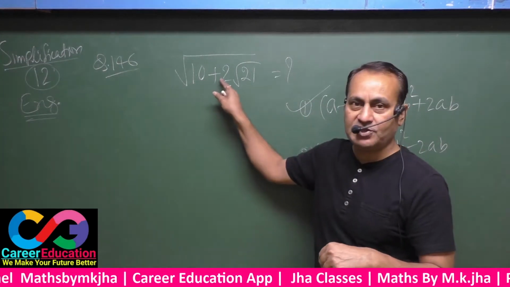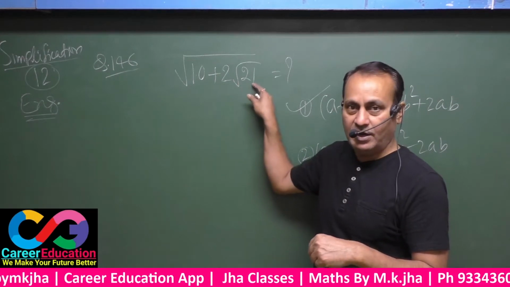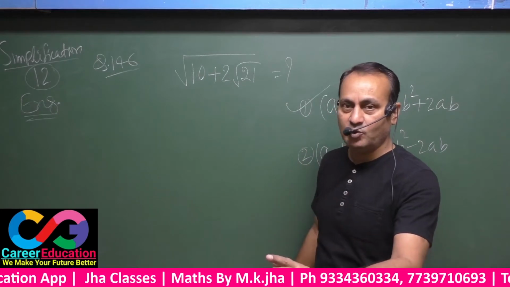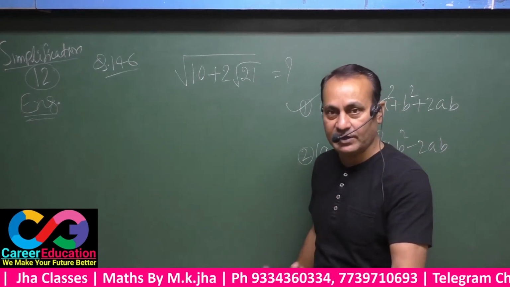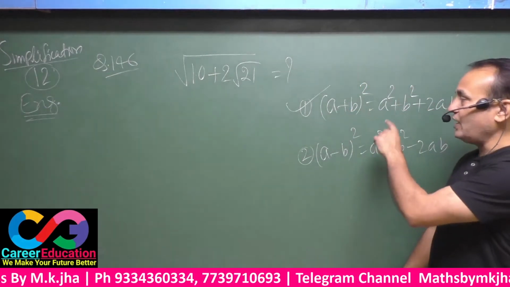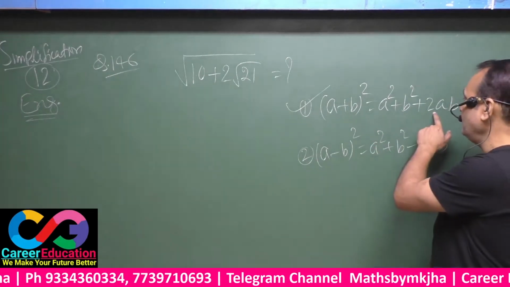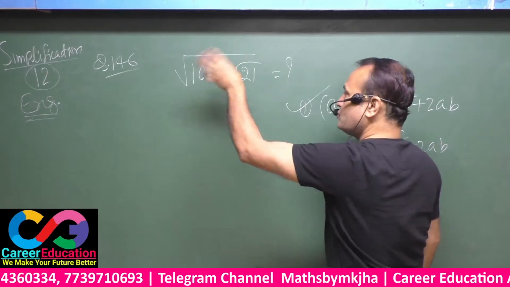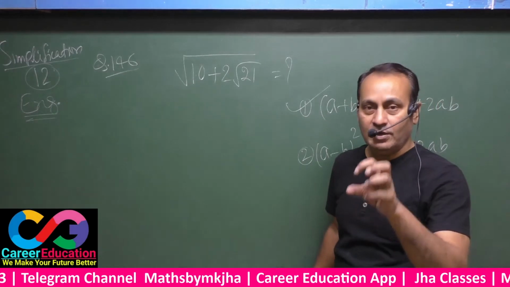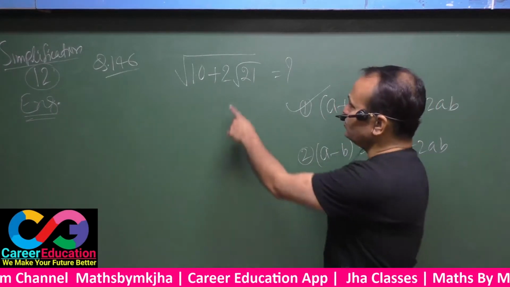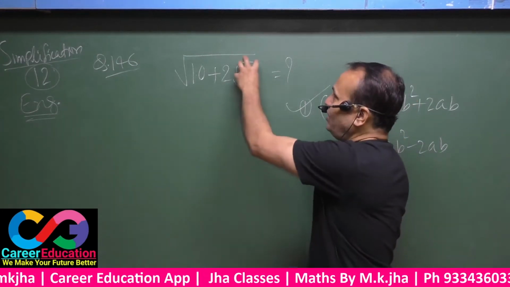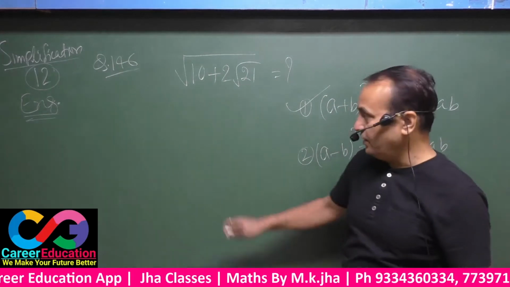If there is a number, there is a sign of plus, there is a number within under root, certainly the situation is totally based upon a plus b whole square. Then you have to pick up the values of a and b respectively. See, since in the formula of a plus b whole square there is one term 2ab, that means if this situation is totally based exactly on a plus b whole square, certainly there will be one term 2ab. You must see 2 is here. That means 2 into a into b, 2 is here. That means a into b is this one.